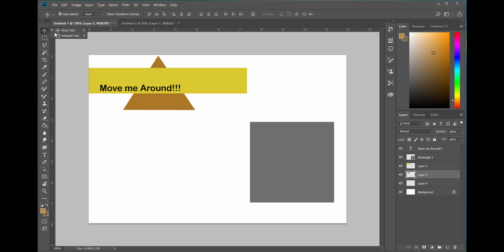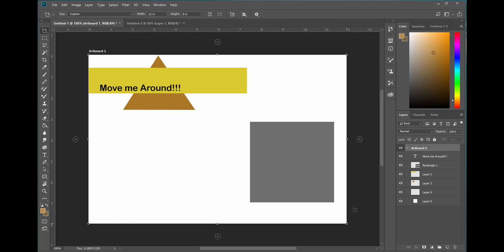So I'm going to go over here to the Artboard tool, select it, and it creates this nice little box. I'm going to left click, drag, and go to the opposing corner and let it go. And now you can see that there's this black box that's sitting around it. This is telling me that whatever is inside this black box is my artboard. That's what I'm visually looking at, and that's where all the shapes will exist in that major shape. If I go back to the Move tool,